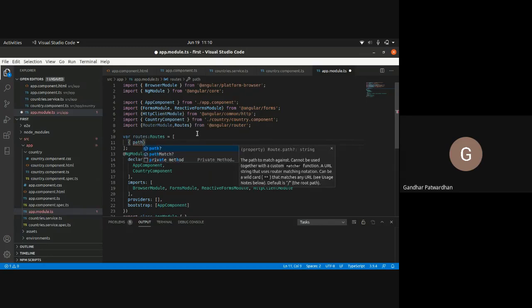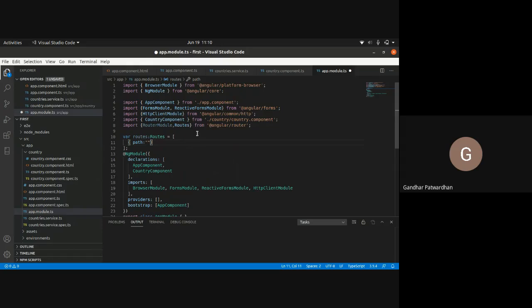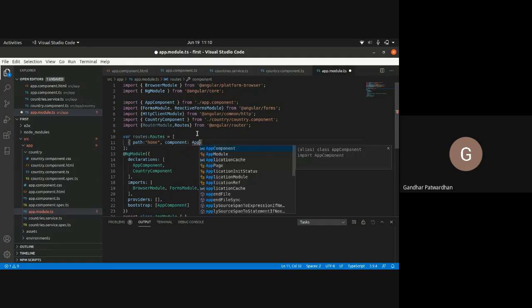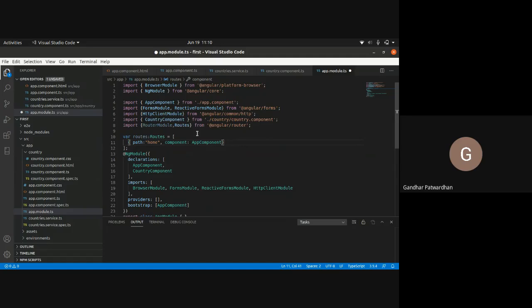First thing is path, and I would say home, component, AppComponent.